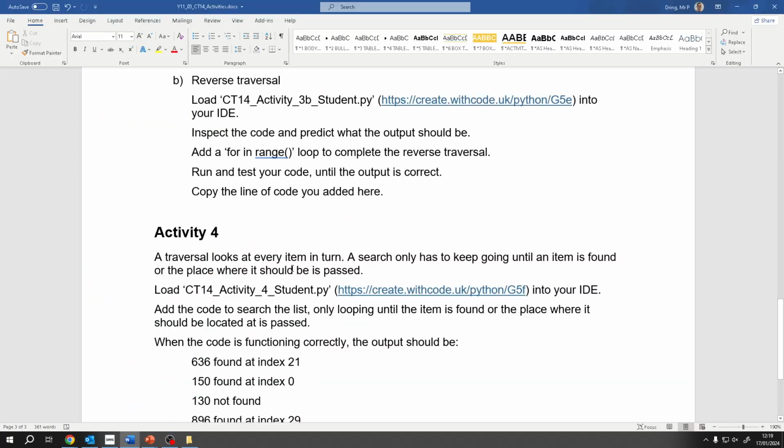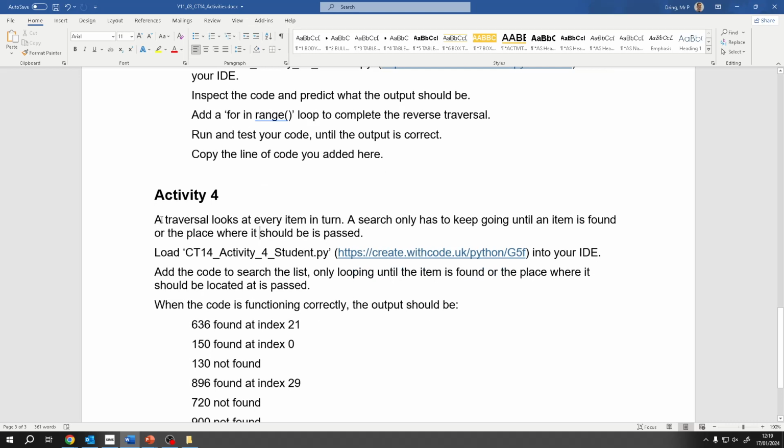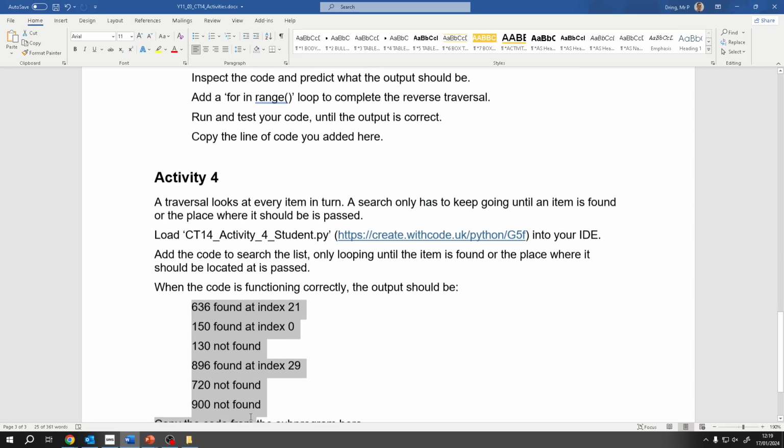So let's have a look at activity 4. It says a traversal looks at every item in turn. That's like a linear search. We can choose whether it starts at the beginning or starts at the end. I'm going to start at the beginning, so a forward traversal. A search only has to keep going until we found what we're looking for, or until we've gone through everything. So add some code to the list, only looping until we found, and it should find these values at certain